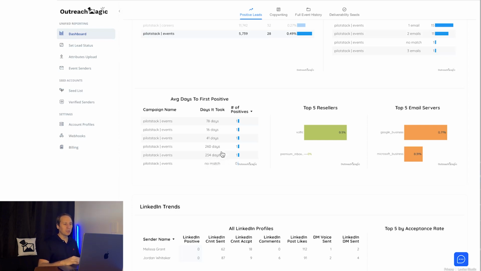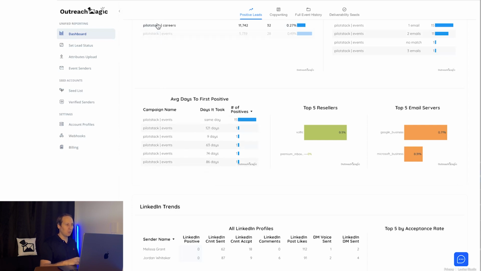And this is where you can start to see those trends, is how long is it taking for them to reply. So typically what clients will do is they'll email them 1 or 2 times, don't get a reply, wait 3 months, email them 1 or 2 more times, and so forth. And so this can give you insights into that. And we have other reports where we can actually dig down deeper into all the different steps and how that happened. So that's for the events campaign.